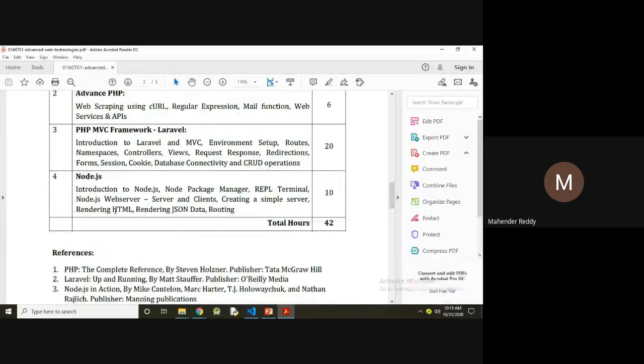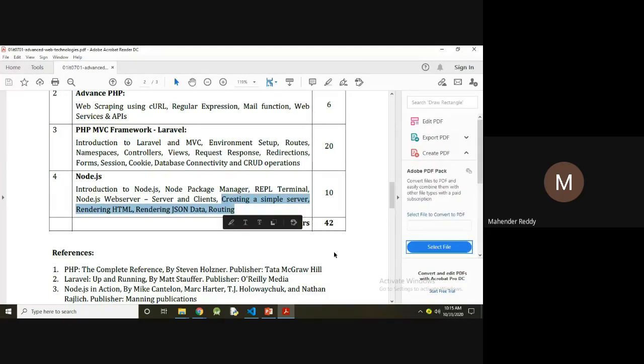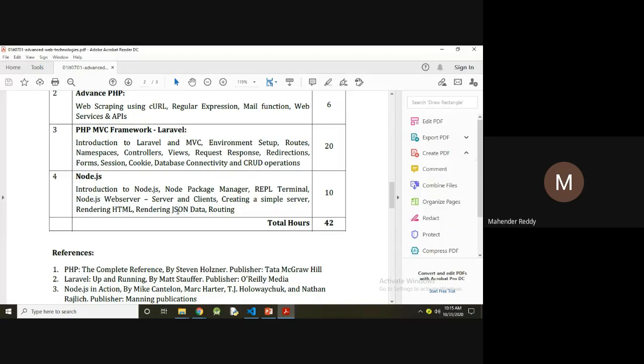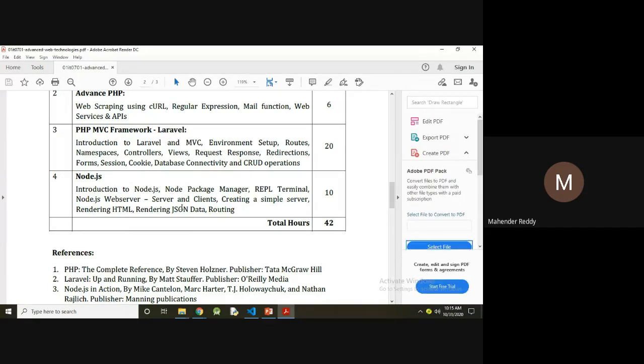Introduction to Node.js, Node Package Manager, REPL Terminal, and Node.js Web Server Client will be completed in one class, and the rest within 3 classes. Some other examples will also be covered in the lab session.